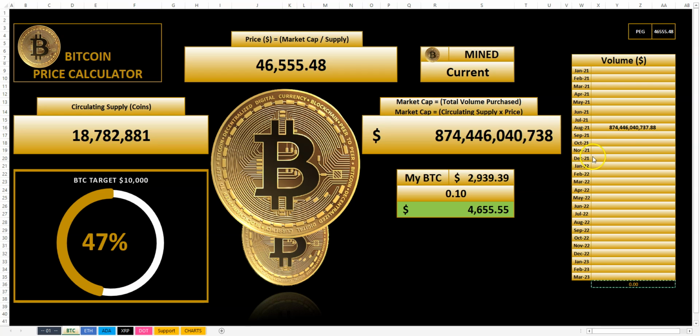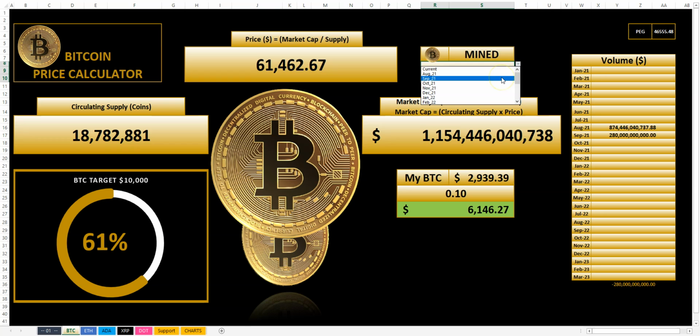Now let's add our average volume of 280 billion every month starting in September. So I'm going to add 280, and then I'm going to adjust the circulating supply, which will be in December. Now, this shows that Bitcoin would have to be at about 60K by the end of September on a straight line average. This, in my opinion, would ignite the markets,